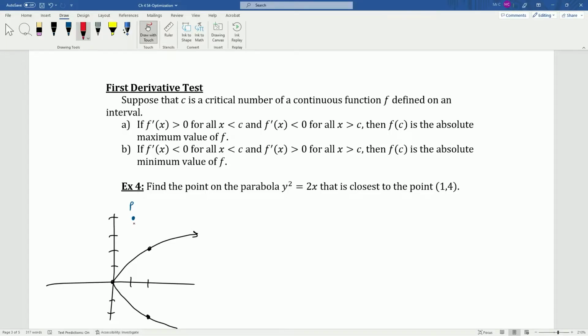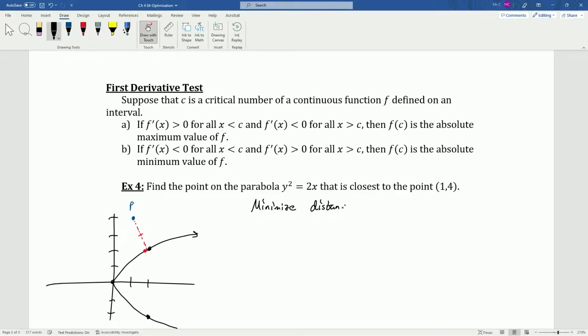So we're looking for the point that's got the shortest distance here. What's this point, right? So something like that. I don't know exactly where it is on the graph. My picture is not to scale. But somewhere in that vicinity is what we're looking for, just to get an idea. So what are we trying to do? We're trying to minimize